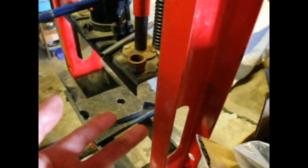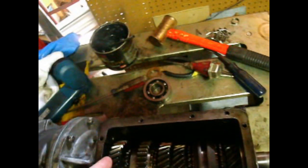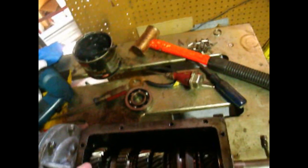From there, I set up my press, and so I carried it over, making sure I held that gear tight, and set the tail shaft through the press, and then lined it up so that the push point went through the hole in the end of the case and pushed on the end of the input shaft, all the while holding this gear up. So from there, we pushed